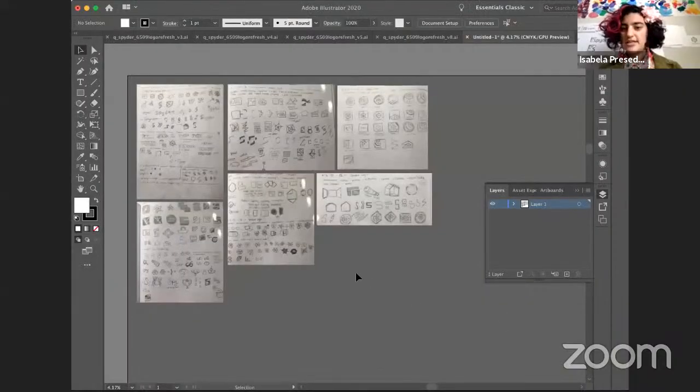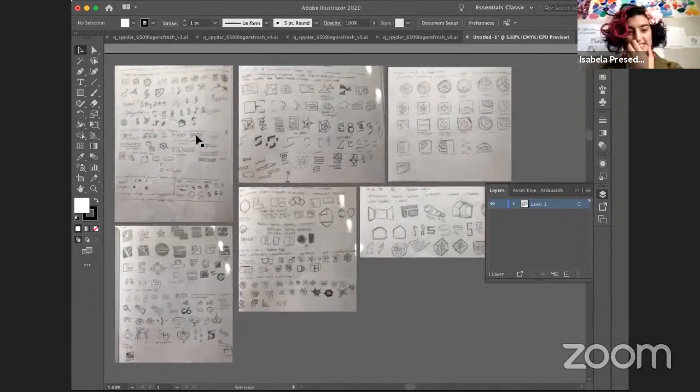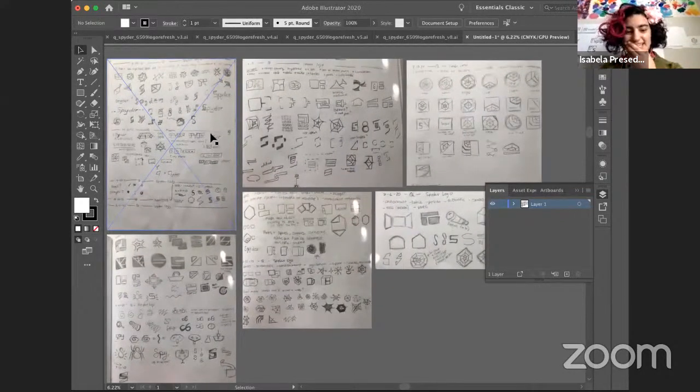From there, one of the main things I do, I think because I'm someone who really likes words and concepts, is I write down things that people tell me, right? So some words that came up a lot with Spyder were like open and this workspace, almost like a toolbox even, right? There's a lot of different things going on, but they're all things that people need to work on. So I start with those kind of words,